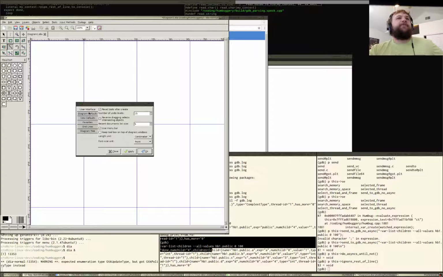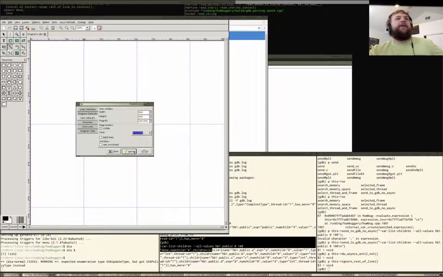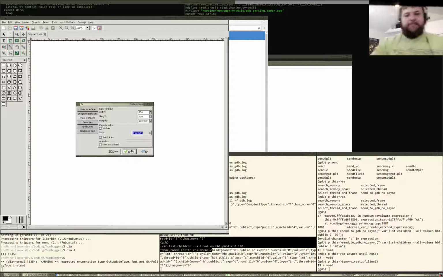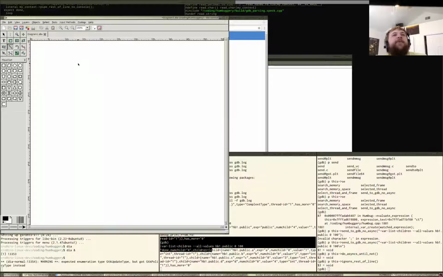Preferences. Portrait. View. Page breaks. Solid lines. Apply. Visible. Apply. Nice. Okay, that's what I wanted. I just want that. Okay. Maybe that'll be a mistake. I don't know. Okay, so that was page break. So